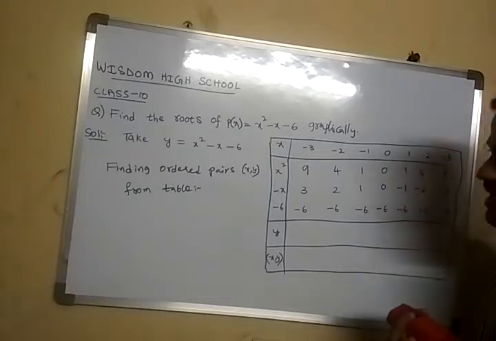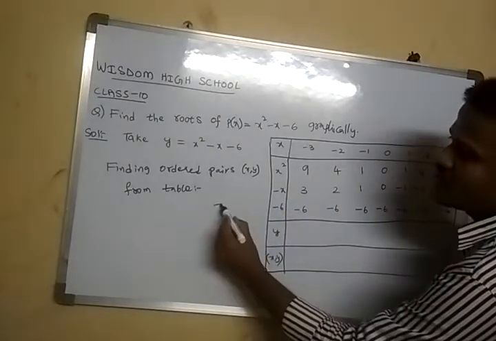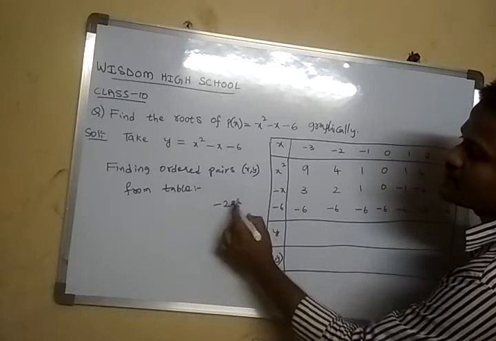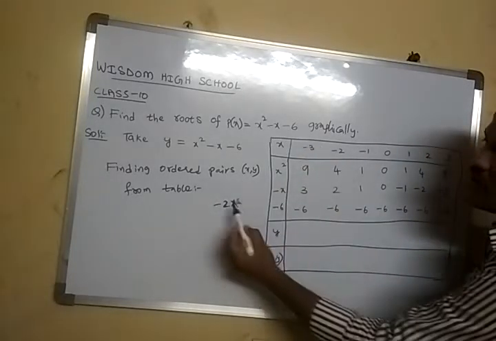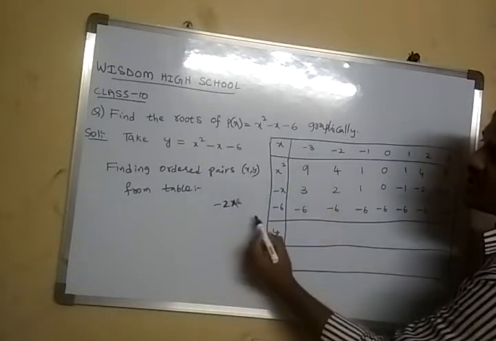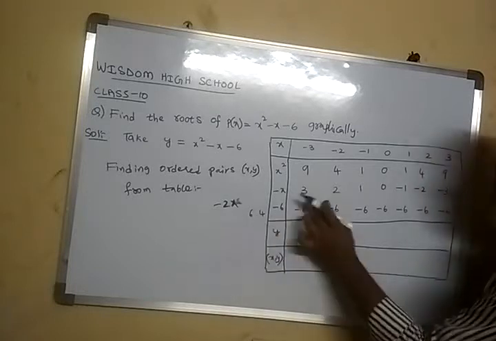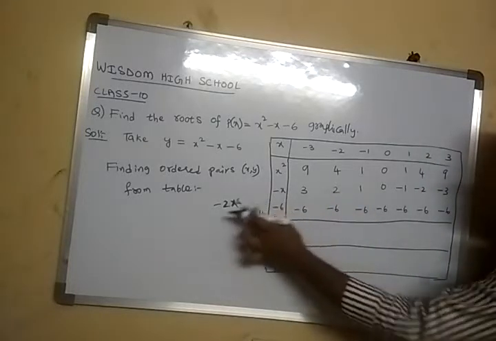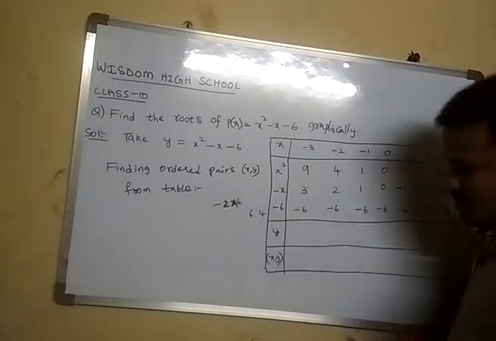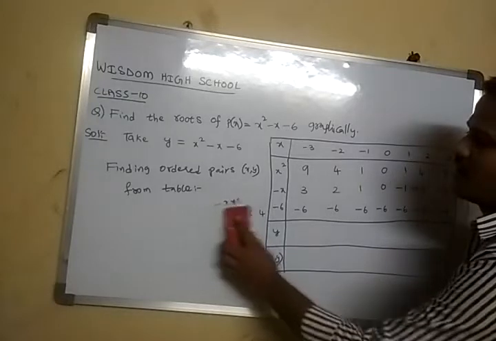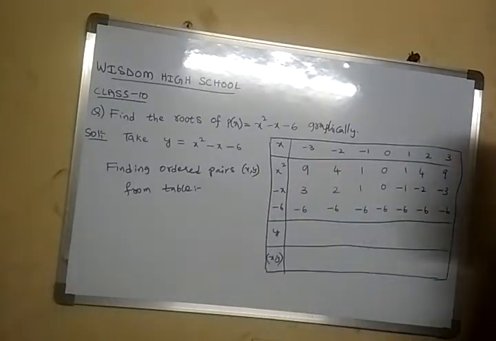Sometimes in some cases you will have coefficients also, like -2x. In this case you need to multiply 2 into 3. That means minus into minus is plus, 2 threes are 6, 2 twos are 4. In this way you write 6, 4, and 2 ones are 2. In this way you have to multiply the coefficients also here. Now after finding these values, you just need to add all of them.